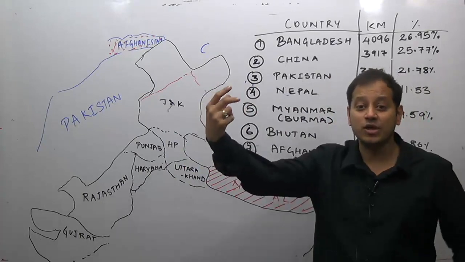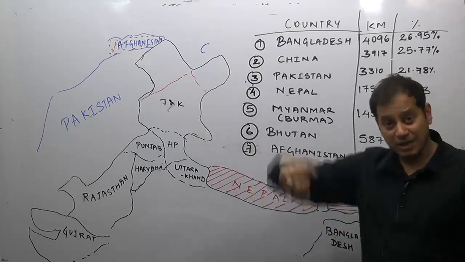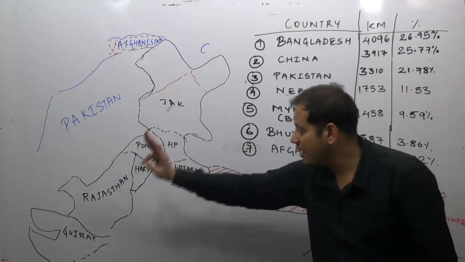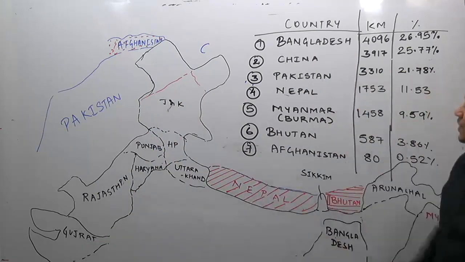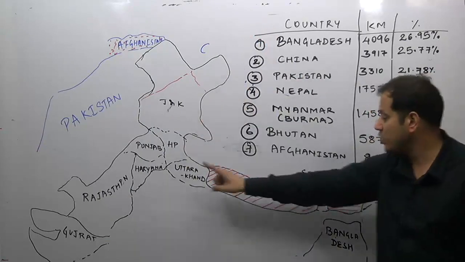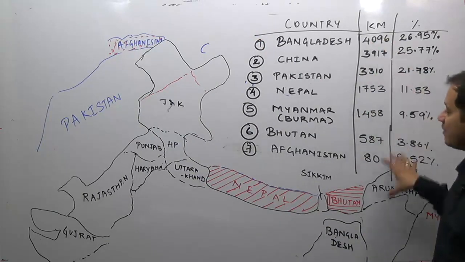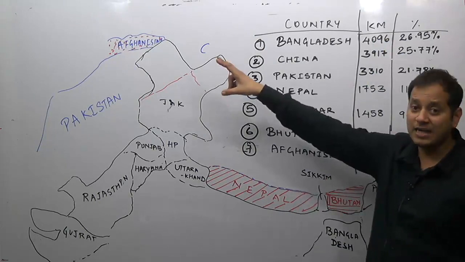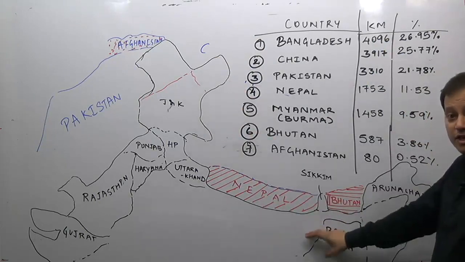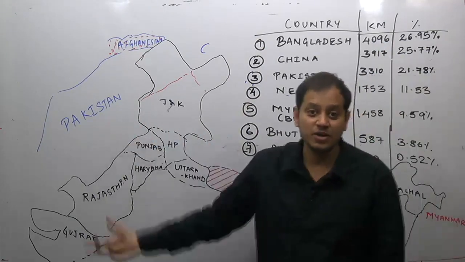Afghanistan, a smaller country is Bhutan. After that Myanmar, because only the northeastern side. After that Nepal, that is from least to maximum. After that Pakistan, the states of JK, Punjab, Rajasthan and Gujarat. And after that we have China, the states of Jammu Kashmir, Himachal Pradesh, Uttarakhand, Sikkim and Arunachal Pradesh. And lastly we have Bangladesh, the states here of West Bengal and Tripura. East Pakistan, now Bangladesh. West Pakistan, now Pakistan.